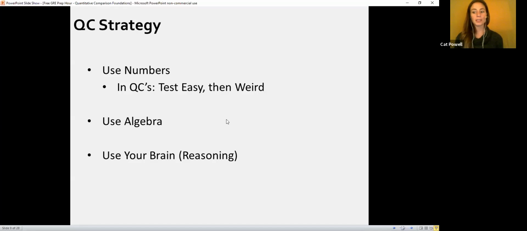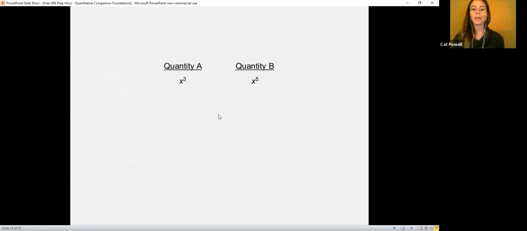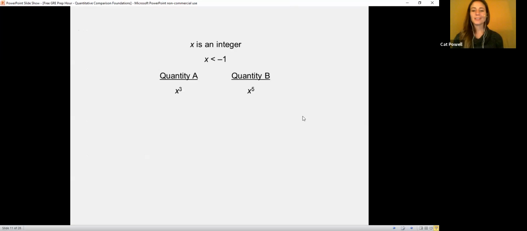We will get to some other ways to look at QC in a moment, but let's look at a problem that has some restrictions. Oh, this is not quite it. Here we go. There's a problem with some restrictions. So right off the bat,